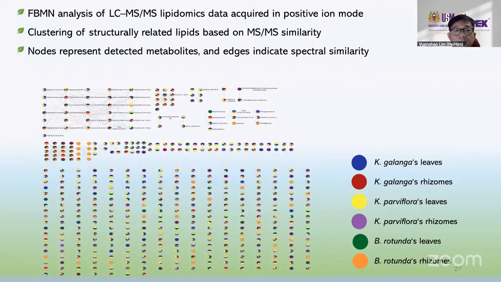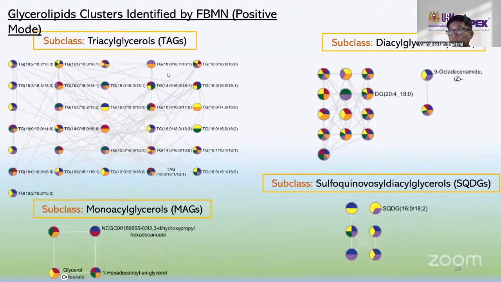different species here. So we can see that the molecular network has been colored according to the 6 different sample groups, as you can see here, and allows us to identify which lipid classes are enriched in specific species or certain tissues. Such visualization helps us to understand tissue-specific metabolism and provides clues regarding biological functions associated with different lipid classes. We proceed with